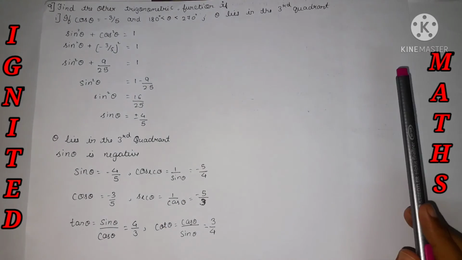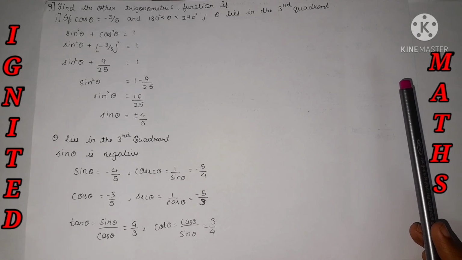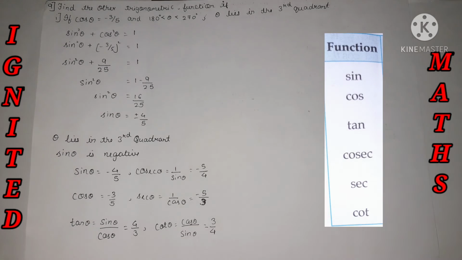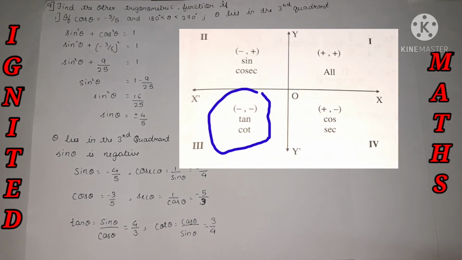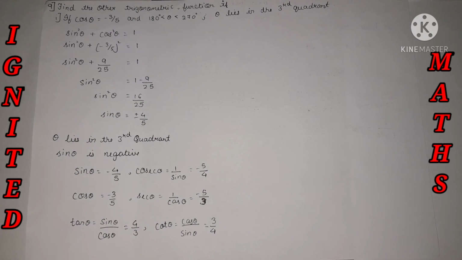They have already mentioned it. Now the cos theta value is given in the question, and we need to find every other trigonometric function. In total there are 6. One is already given in the question, and the remaining 5 we need to find in the solution. The hint is that theta lies in the third quadrant. In the third quadrant, tan and cot will be positive, and the rest of the trigonometric functions will be negative. These are the hints we found from the question, so let's keep them aside and start with the question.